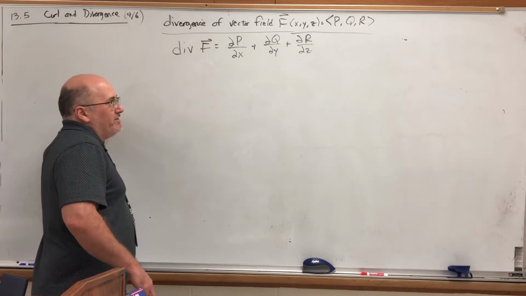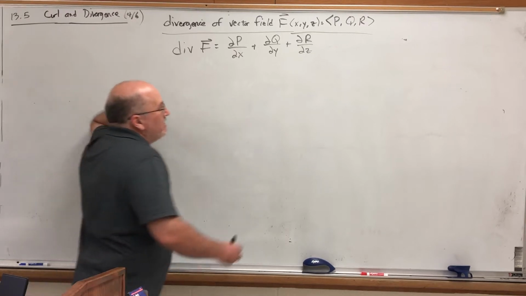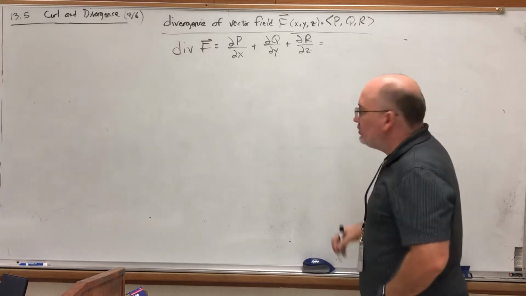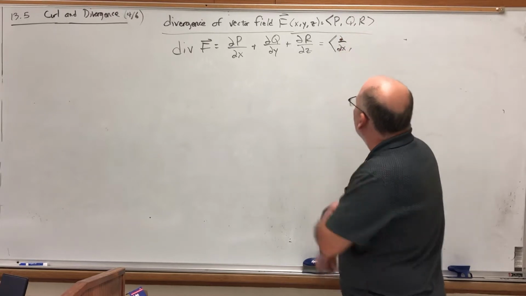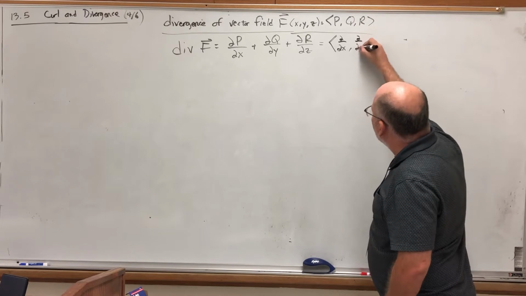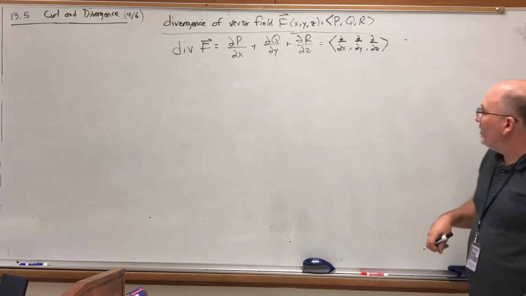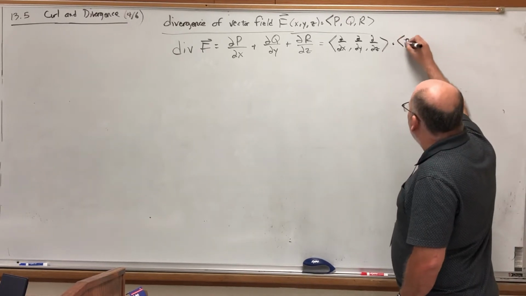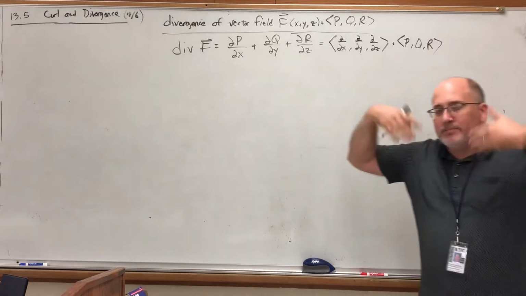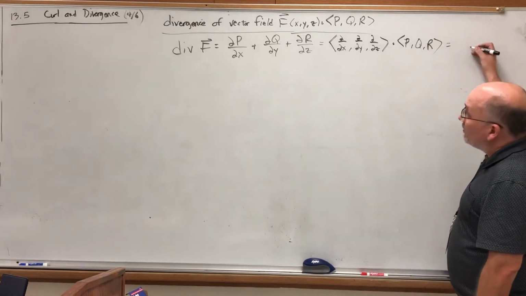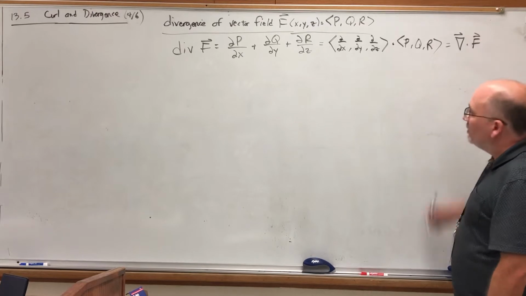Now, one thing I do want to point out is that even though this is a pretty simple definition to remember, you can write it a little more compactly if you take advantage of the del operator vector, because this almost looks like a dot product. If you thought of it as the del vector operator, so partial x in the first component, partial y in the second component, partial z in the third component, and sorry, my little deltas are looking like 2s, I'll try to fix that. And then take the dot product with P, Q, and R. Well, dot product just means first product plus second product plus third product, except in this case, product means partial derivative of. So we could rewrite divergence as the del operator vector dot F, which is really kind of convenient